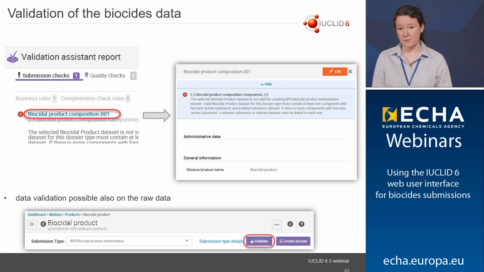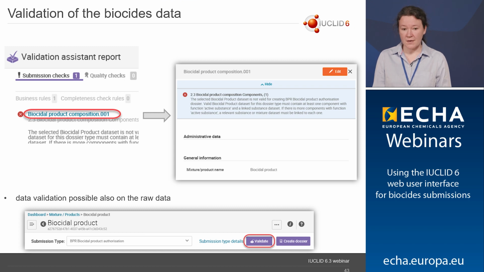Here it is biocidal product composition 001, so you click on it, and you open the relevant section, which is in this case composition. In the composition you see the repeated message of what is wrong, and you can scroll down and check if the substance dataset has been correctly assigned. If not, you assign it, and then the error is fixed, and you can